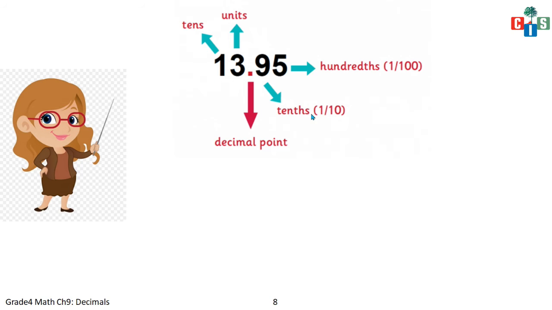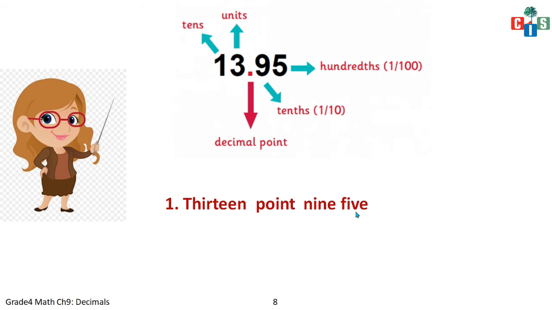This is the place value chart. You will easily remember it: units, tens or ones, tens, then the decimal point, and then 10th, 100th. Now what is the value of the 10th? 1 divided by 10. And what is the value of the 100th? 1 divided by 100. Okay, so how will you read this number? We have 13, that you know. Then here there is a point. So you will write point, and then what is this? It is not ninety-five, it is nine five. After the decimal you will read 9, 5. Okay? It is 0.95.